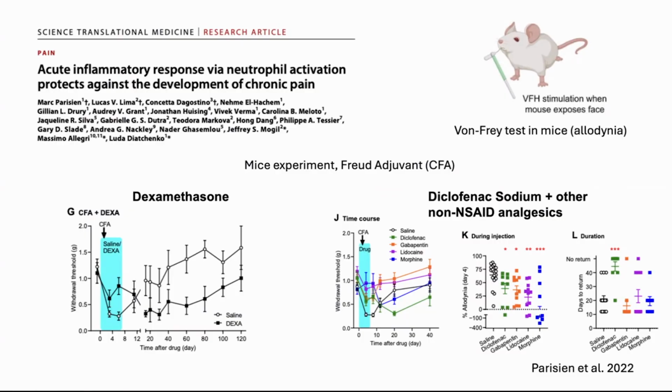So in these experiments, they asked the following question. If we give mice an NSAID after the onset of pain, and as a consequence reduce inflammation, do these mice end up with worse long-term outcomes, reflecting the human subjects that we saw earlier? So here, as you can see on the left, the black line represents mice that received an NSAID. In this case, it was dexamethasone. And the white line represents the mice that just received saline.